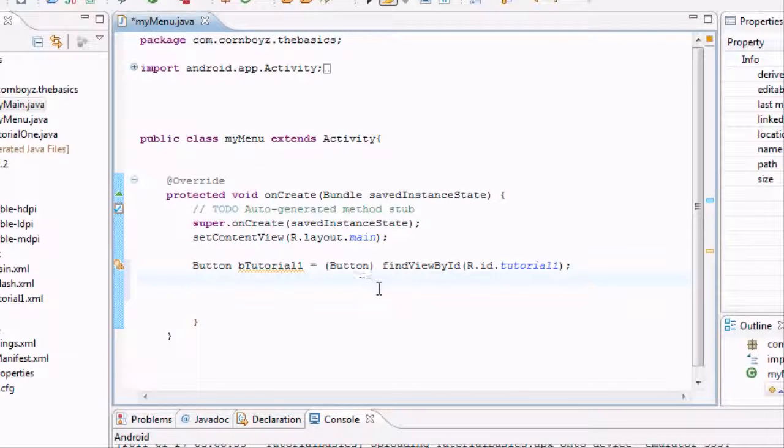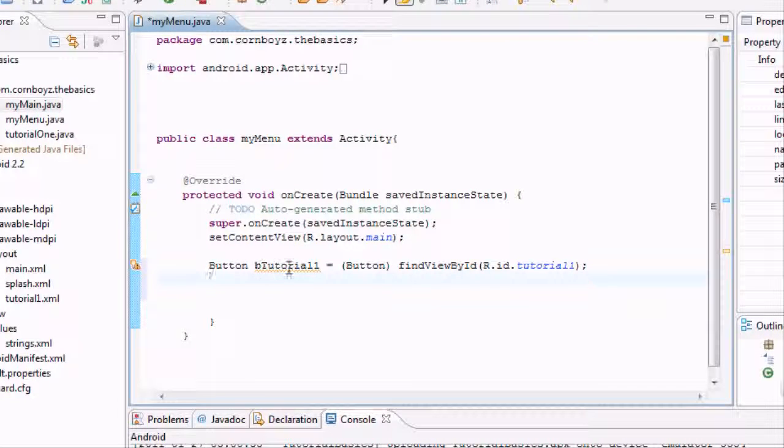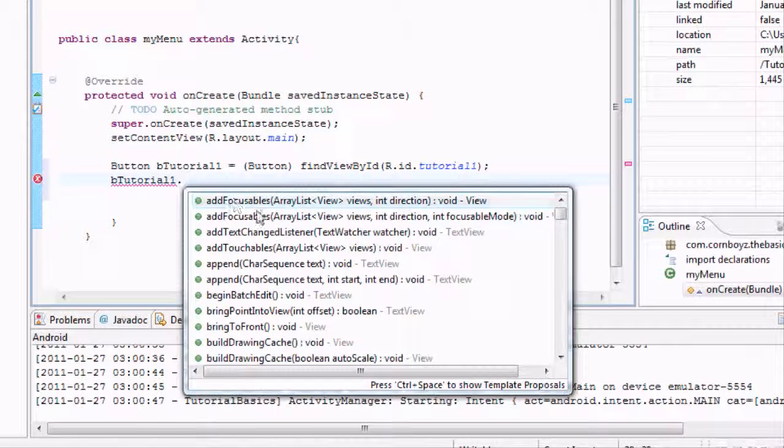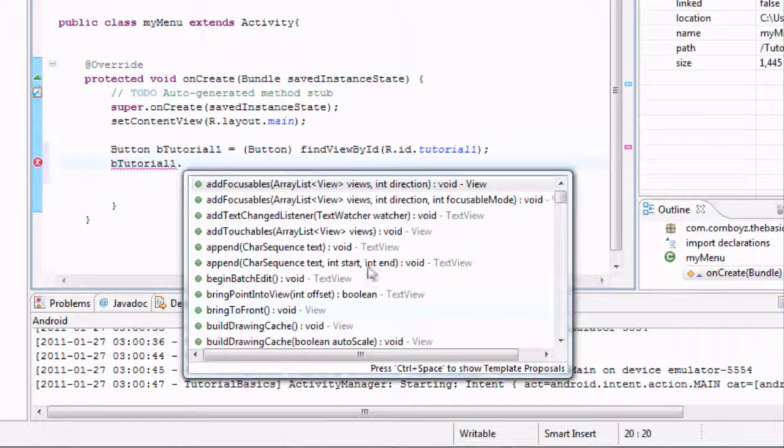And just like our mp splash variable, it's going to tell us again that we aren't using this. We've just basically defined it and referenced it to the tutorial button we set up in XML. So that's pretty cool. But now we want to use this. We're going to do button tutorial 1. And when we hit dot, it's going to give us a lot of different view methods and stuff